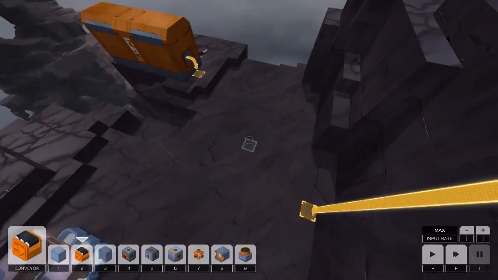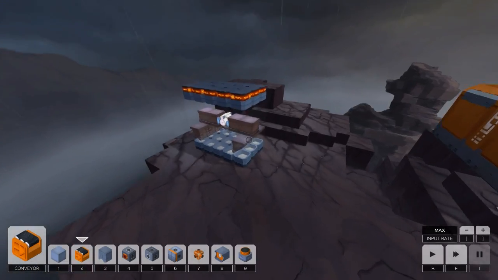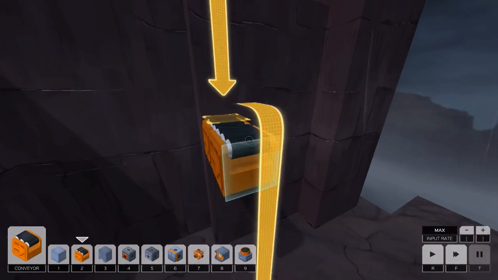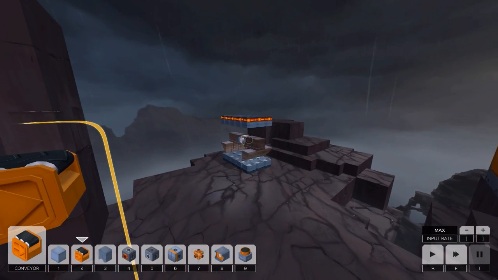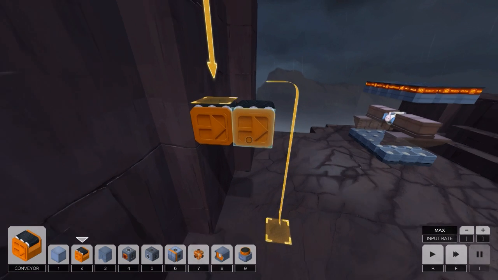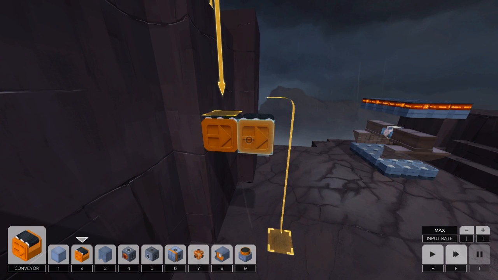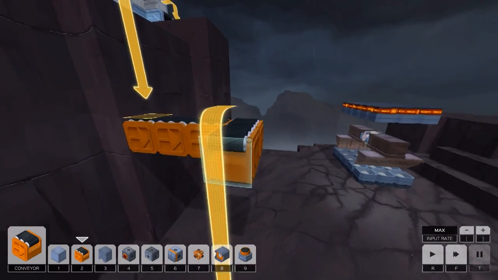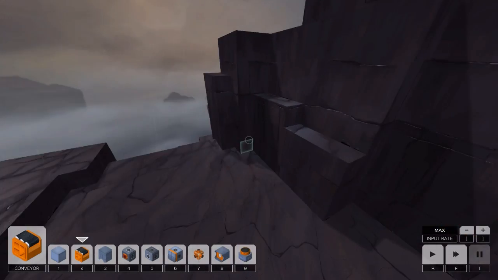Once it drops down... Probably don't want to drop it all the way down there. We want to drop it about... We want to kind of work on it in the air, because we need to get this into the right shape. What we need to do is get 2 and 2. And it's going to take some time for them to drop. So what I generally do is...